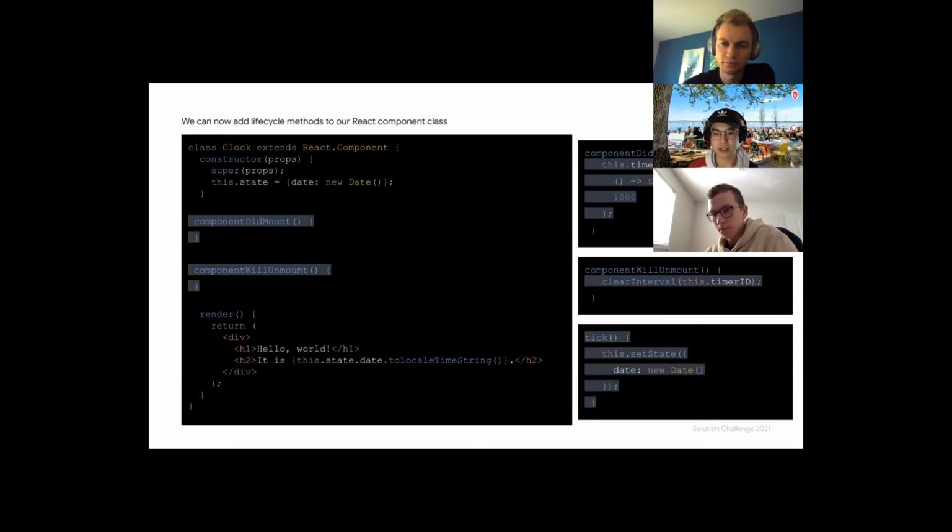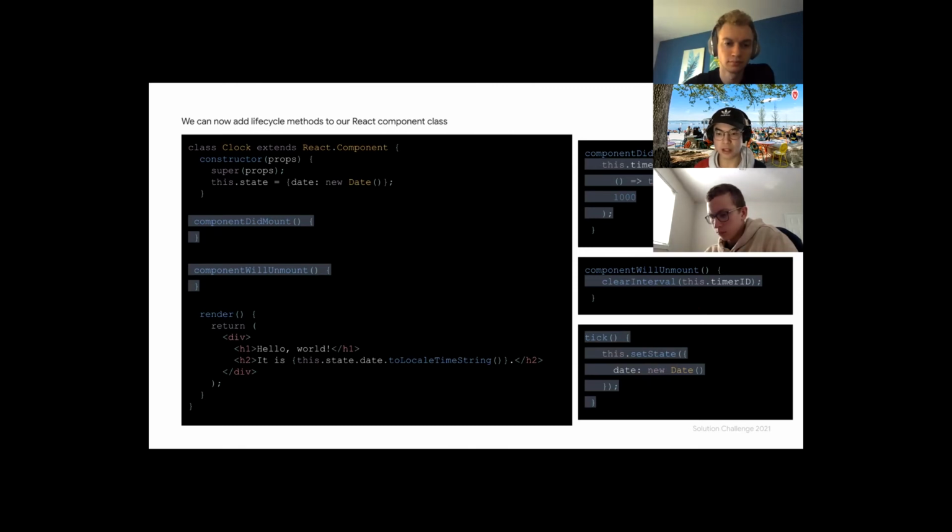So we have all of that, and we can implement the componentDidMount function, which basically sets the timer with the interval that calls the tick function every 1 second. And the tick function will basically reset the state or modify the state of date, where it would create a new date object,